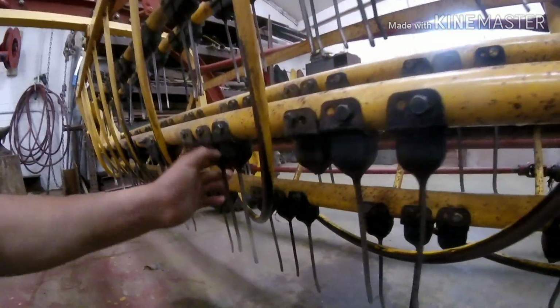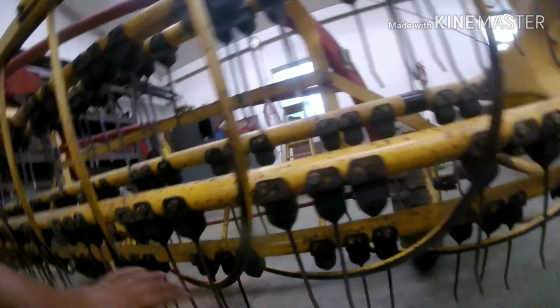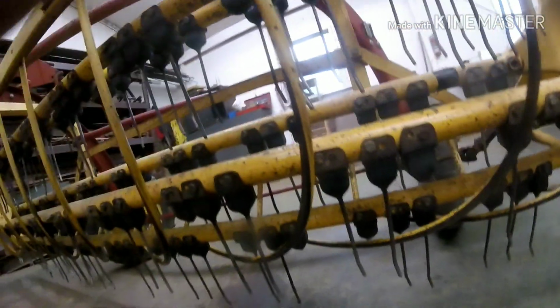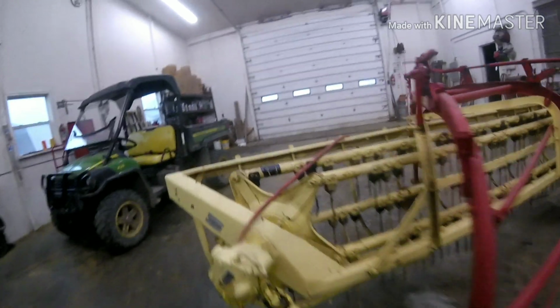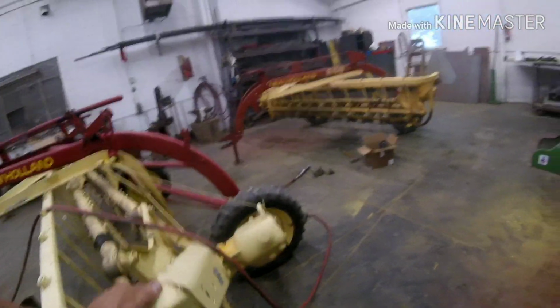nonetheless, it's like every other place has a broken tooth. Every set of 3 has one broke. And then there's like 2 back there that are broke and everything. And I don't know, I suspect that this rake is set at the lowest. It's set lower than this front one, because this front one's on the front of the dolly, whereas that one's on the back, where